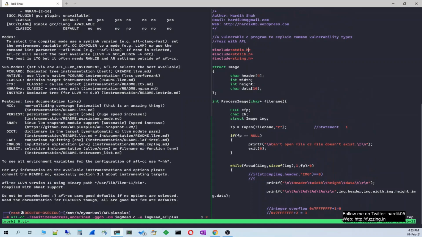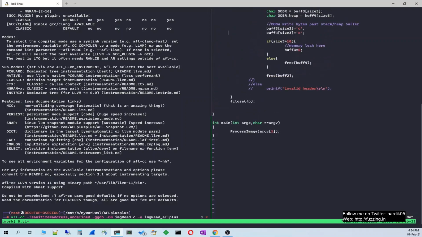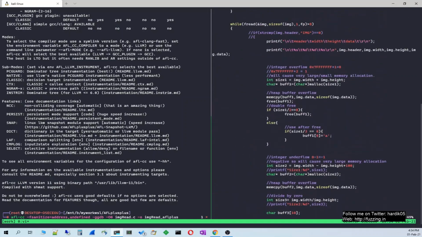It has a simple header structure over here, where the header is of 4 bytes. It has width and height which are of type integer, and it has data which is of type character, and it is 10 bytes. What this program does is that inside main, it simply calls a process image function with the passed parameter, and that parameter is actually a file name.